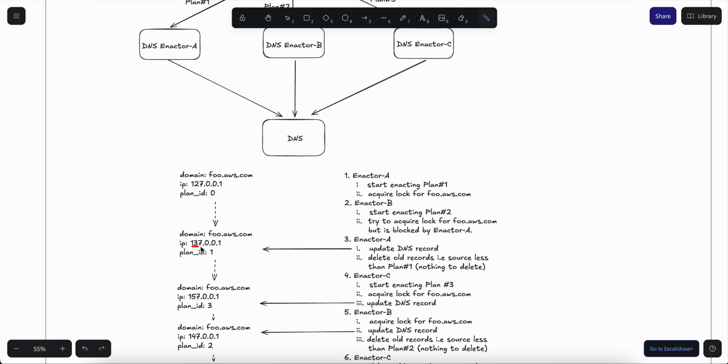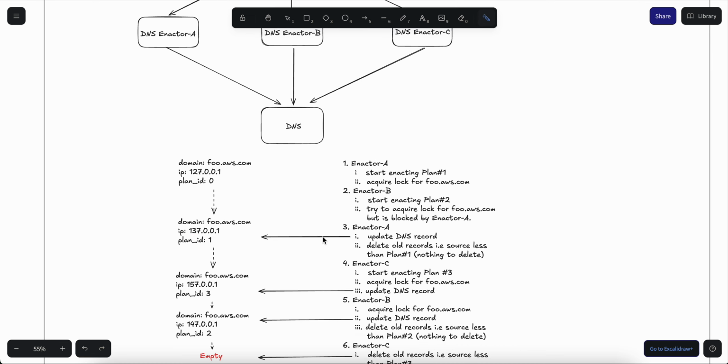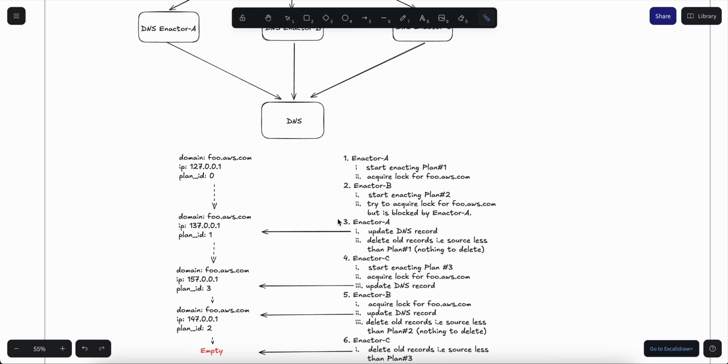As you can see, the DNS record is now 137. And the final step is that after it's updated the DNS record, it tries to delete any stale records. In this case, a stale record means that the plan is less than 1. Okay, but obviously there's nothing to delete here because this is the latest record.